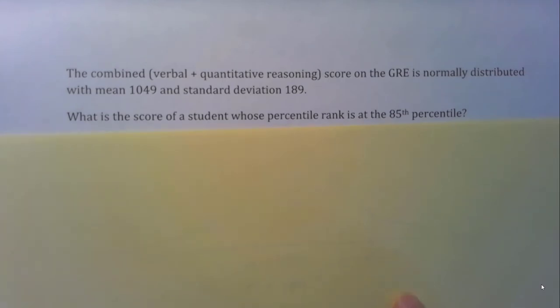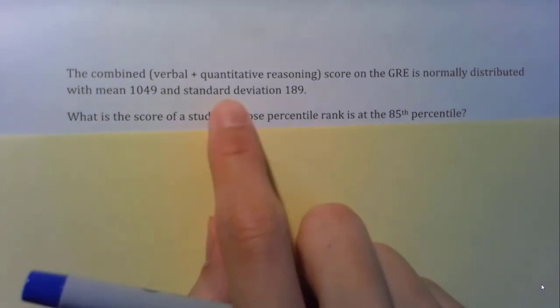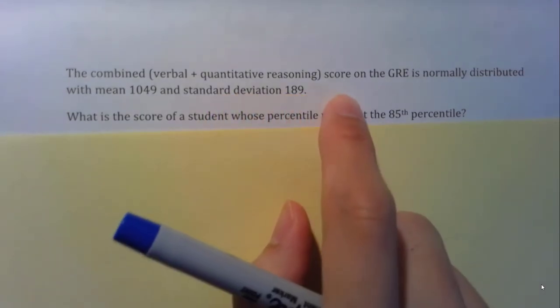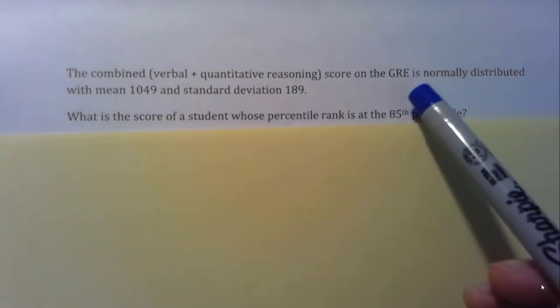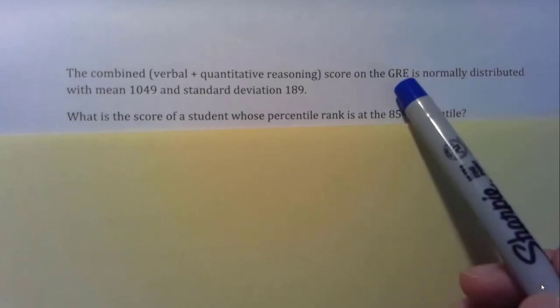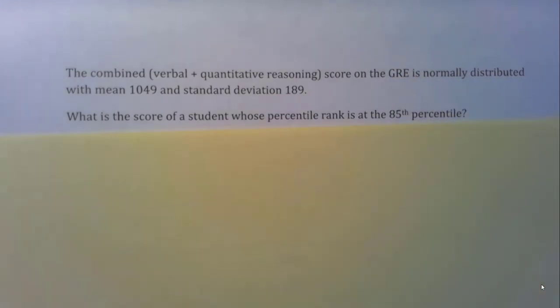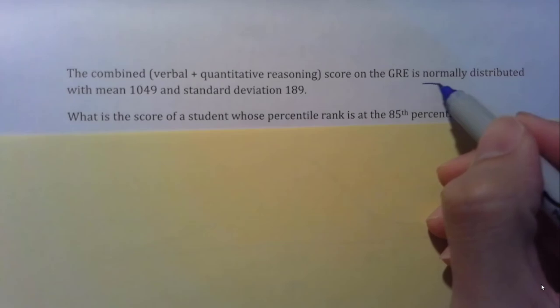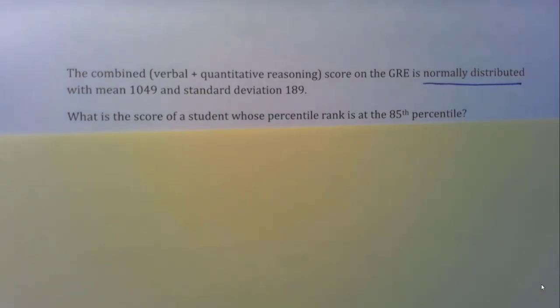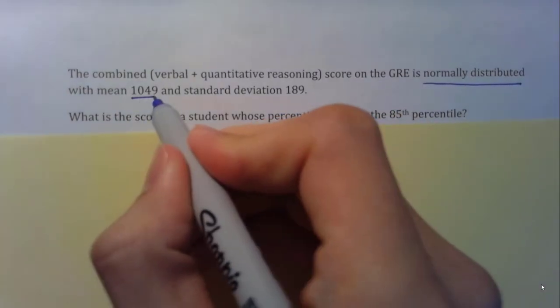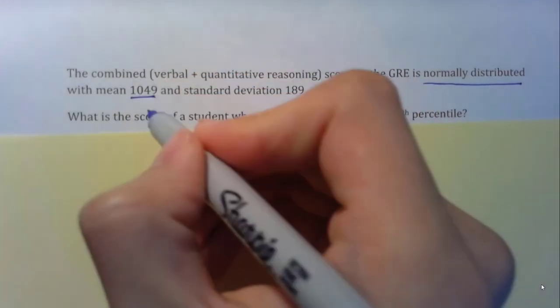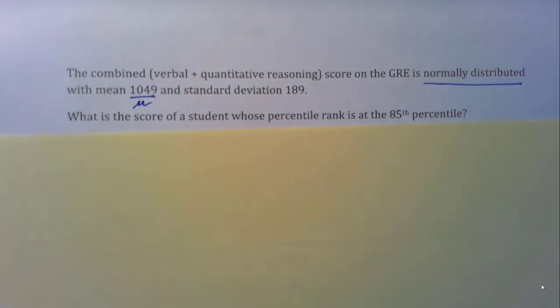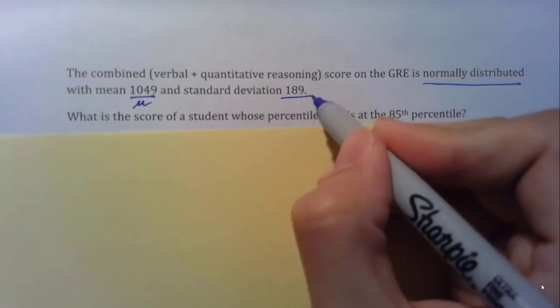Another example. We have to combine the verbal and quantitative reasoning score on the GRE. This is a graduate study admission score, and this score is normally distributed, so we know that we can apply the normal curve in this problem. We also have the mean 1049, that is the mean value, the mu, and then the standard deviation, which is